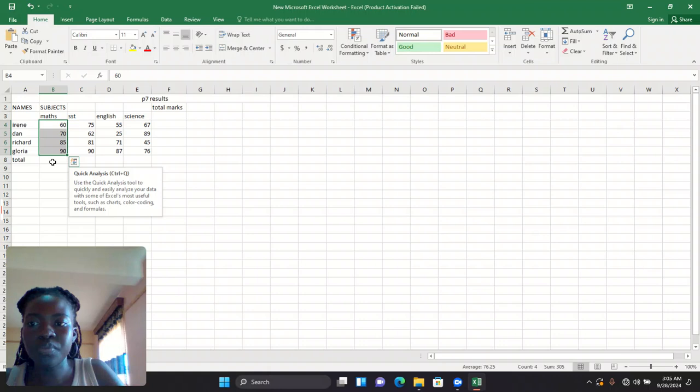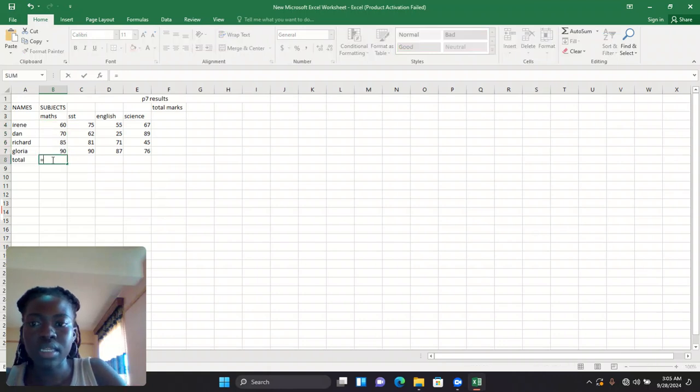Then we come here. Okay, we first come to the total cell where we want our total mark to appear for math. Then we put equal signs, and then we keep on clicking this plus. We go to the next, click,